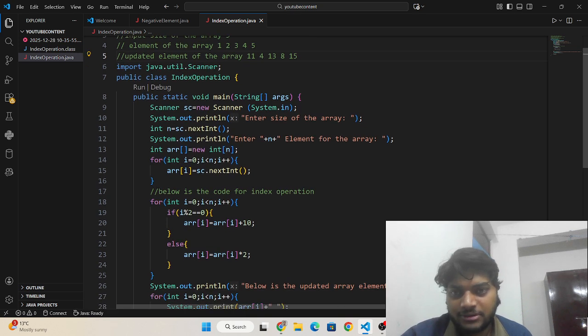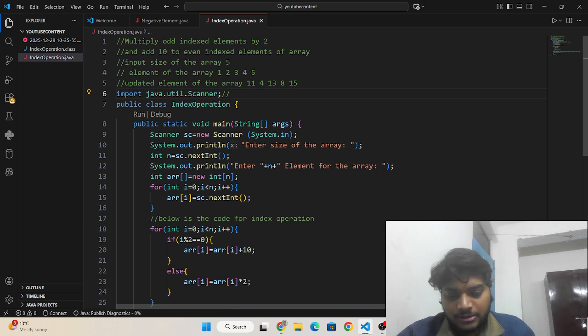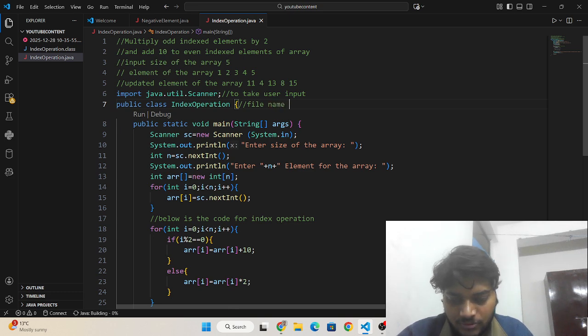Okay, so now this is the Scanner class to take user input. This is the file name where our code is saving.